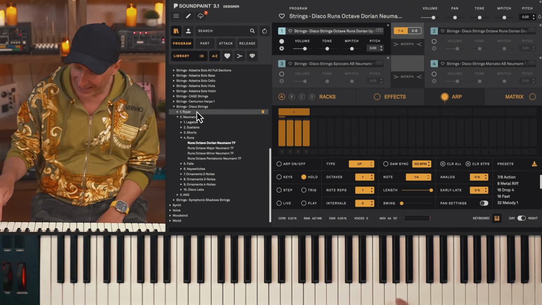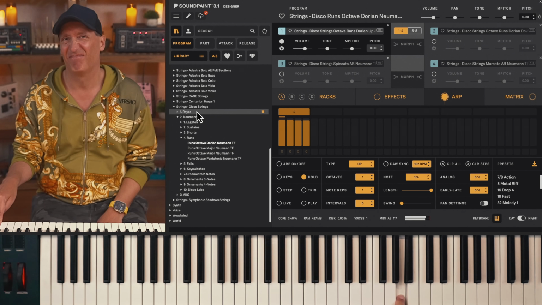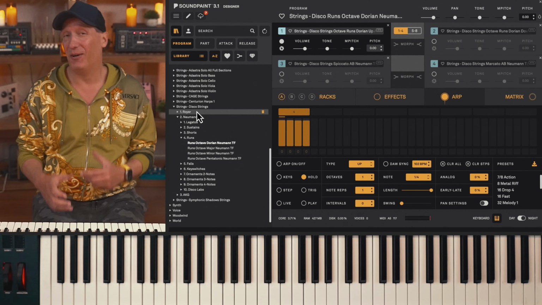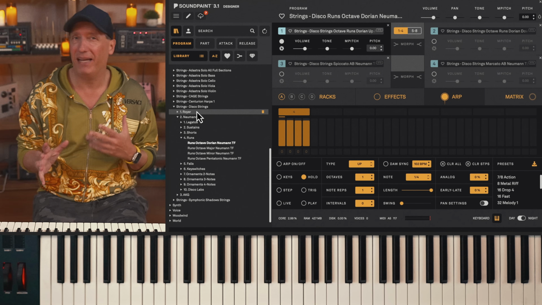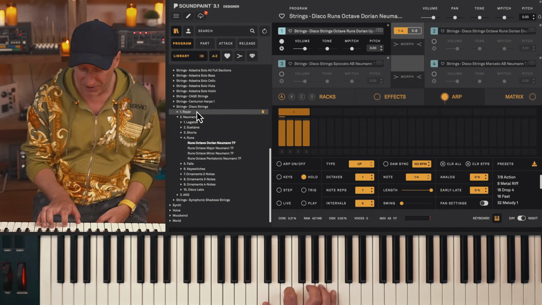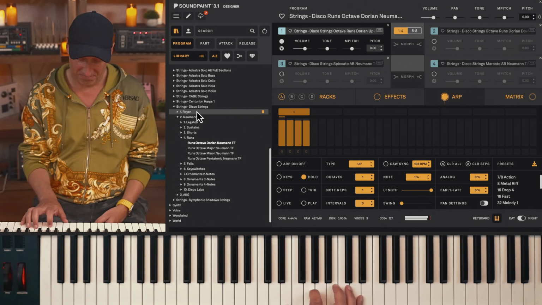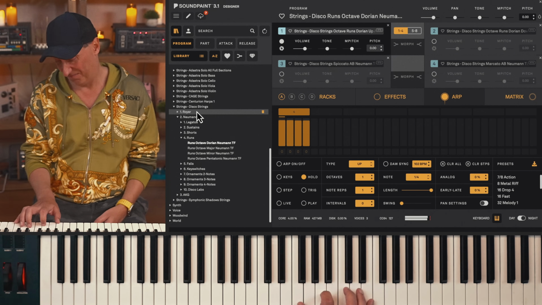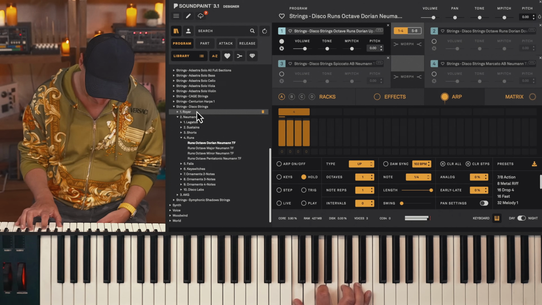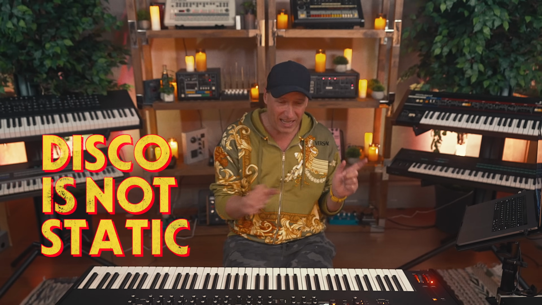Energy in every single note. They're also fun to play in chords. Be careful not to play them too much because it gets pretty big sounding. I also love that they have a little bit of a scratchy, whooshy quality. They go like that, and then a little bit of a Mikado-style swoop at the end. They're not static. No samples in this library are static, because disco is not static. So listen for that woo, and then just the power of the sustain.